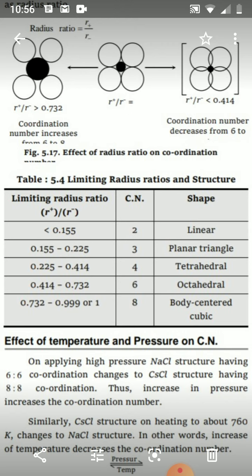Coordination number is the number of particles by which an atom is surrounded. You can see the previous one: the one center dark color particle is arranged and four particles are arranged around it. So coordination number is 4. Okay. Now see,